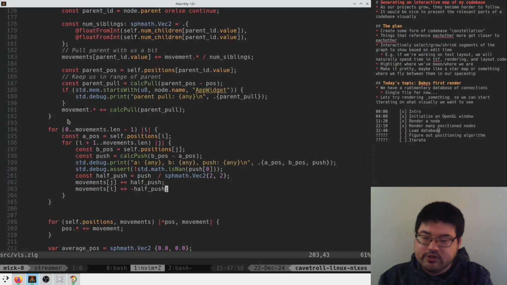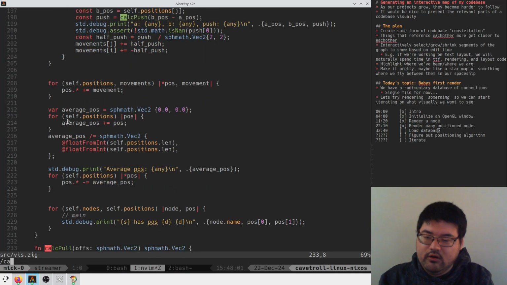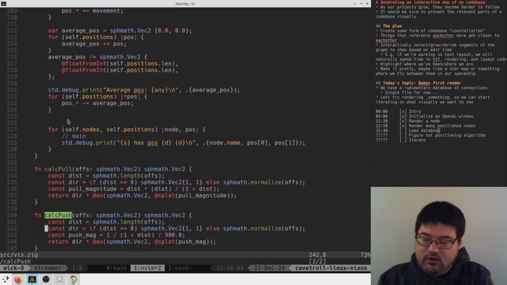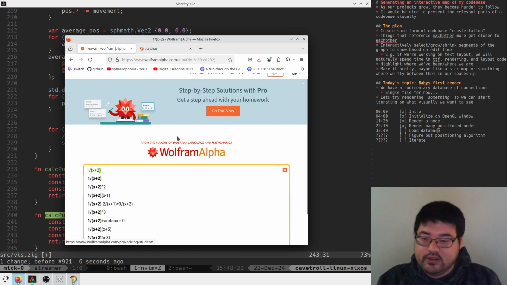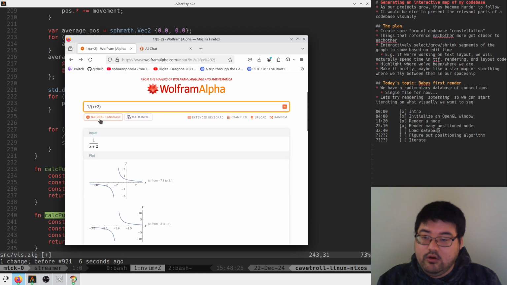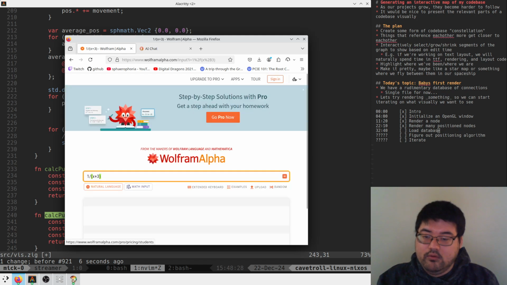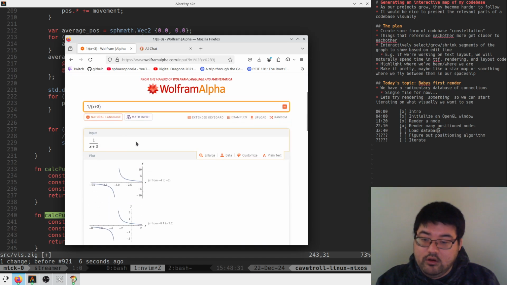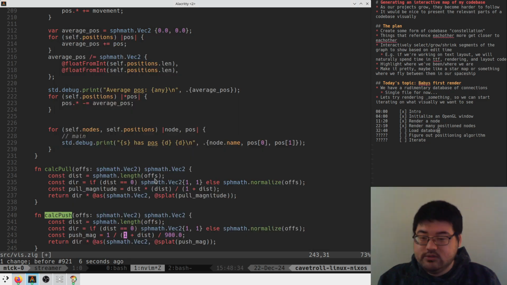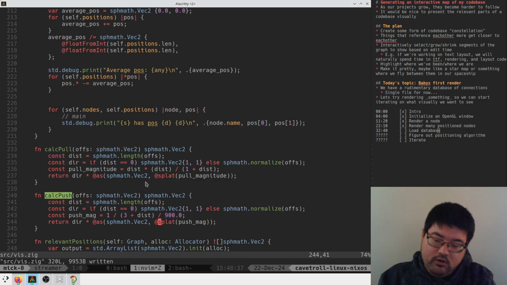I want to take our calc push again and, can we bias it more towards smaller numbers by doing 2 plus distance or something? One over x plus 2, like that gets, oh. Yeah, all these get pushed smaller. But then even then,